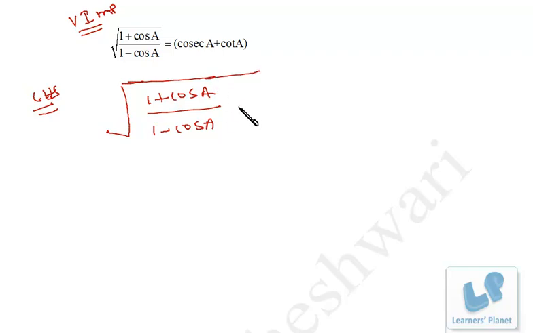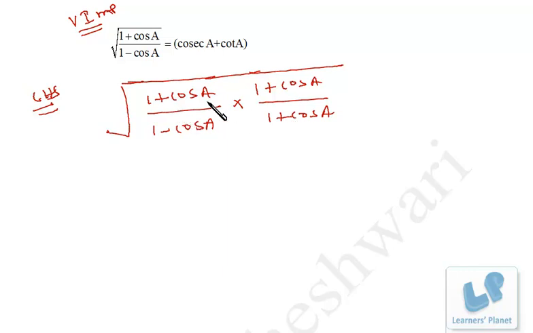The very first step that you have to follow is, if it is 1 minus cos A, you multiply and divide the expression by 1 plus cos A. Just look at the denominator, right? We are just going to rationalize it, right? So it's 1 minus cos A and here it is 1 plus cos A. So I multiply numerator and denominator by 1 plus cos A. Okay? So it's (1 plus cos A) upon (1 plus cos A). This is the very first step. Actually, we are multiplying the expression by 1, which will not change the value of the expression, right? That's why we can do it.